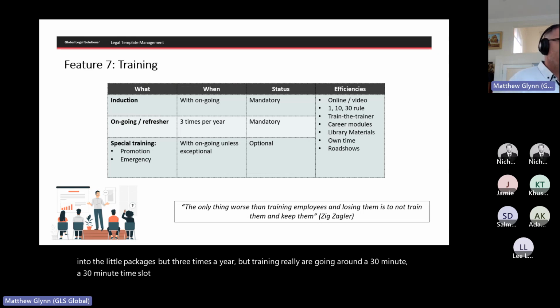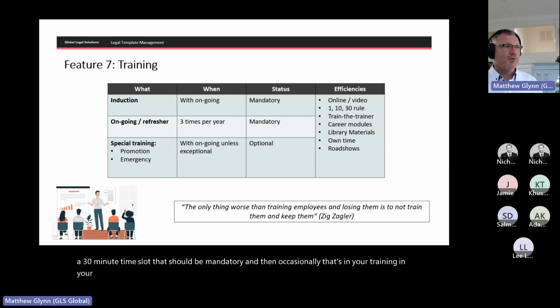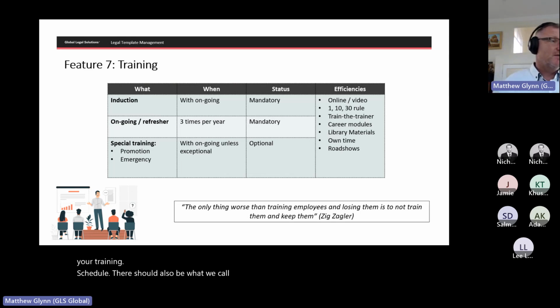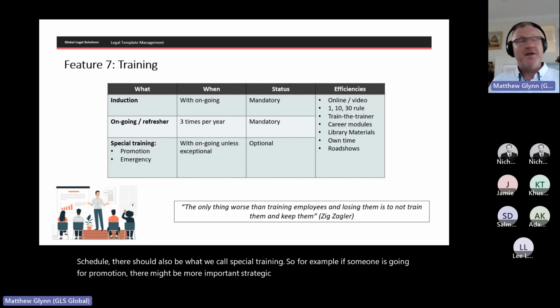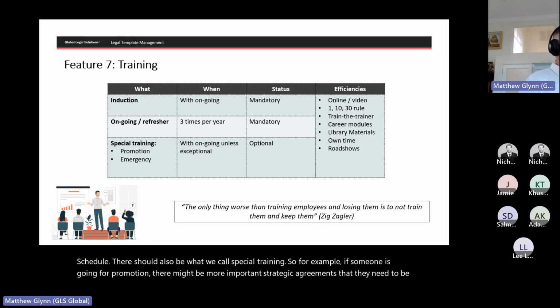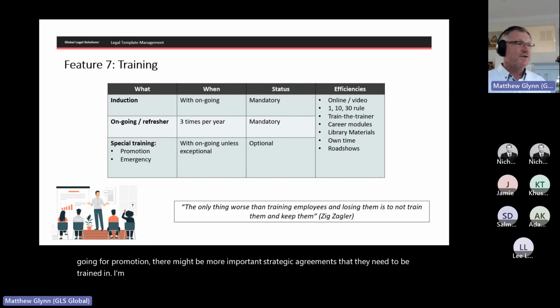That should be mandatory. And then occasionally in your training schedule, there should also be what we call special training. So for example, if someone is going for promotion, there might be more important strategic agreements that they need to be trained in and familiar with, and also an emergency situation.